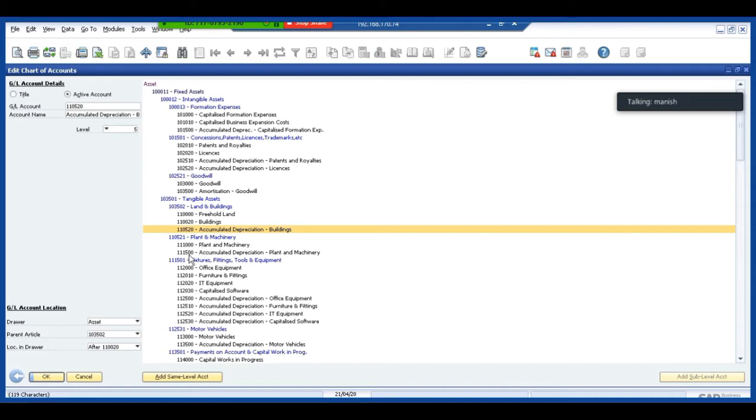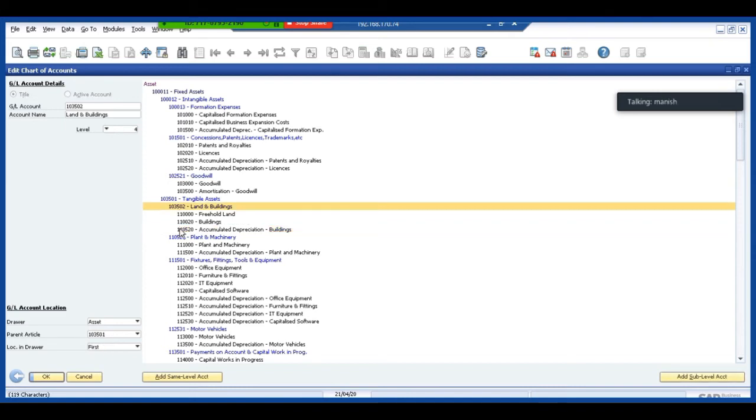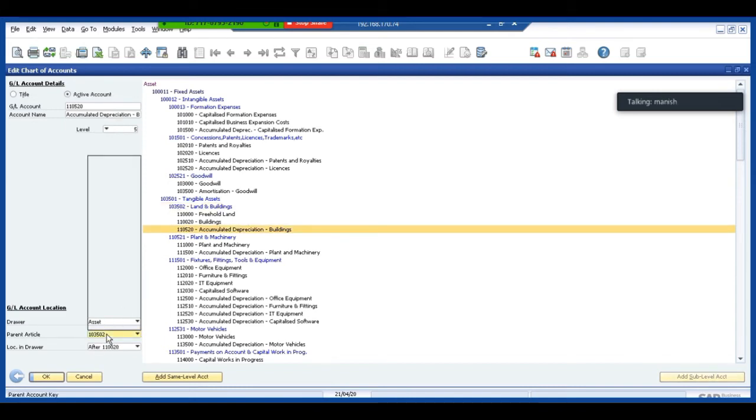So for that, if I see at the bottom left, there is a parent article. Now 110520's parent article is 103502, which is this account. From here, I can change the parent article, say I'm changing it to 521.